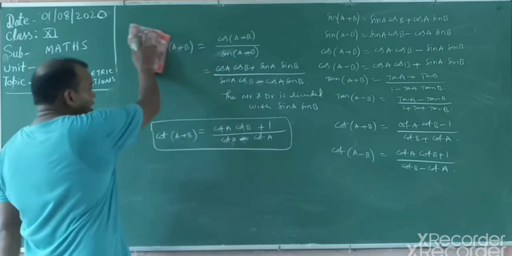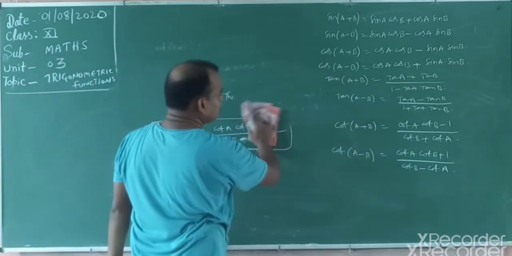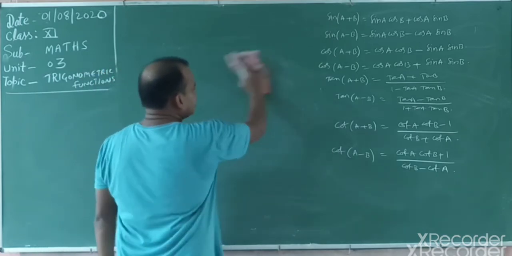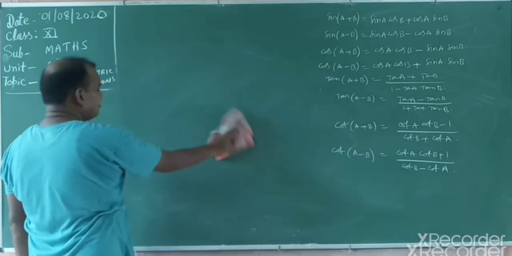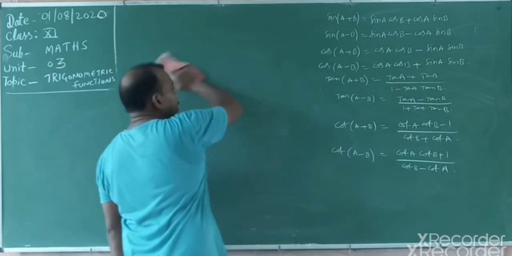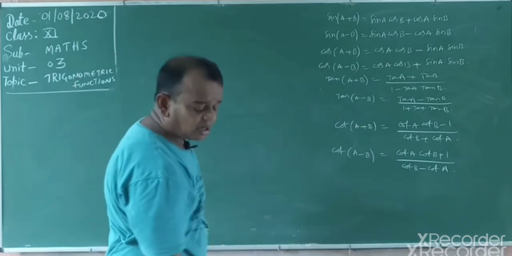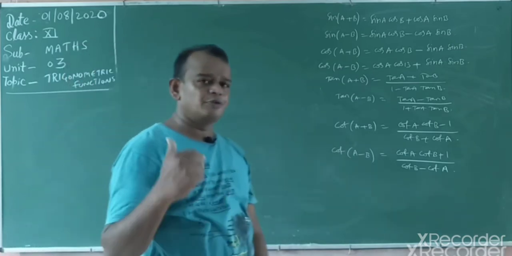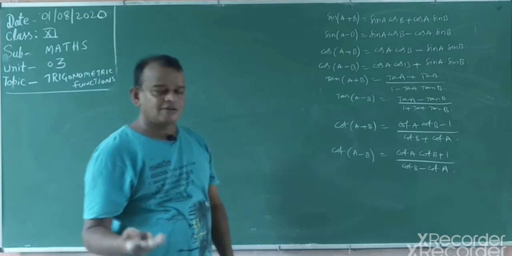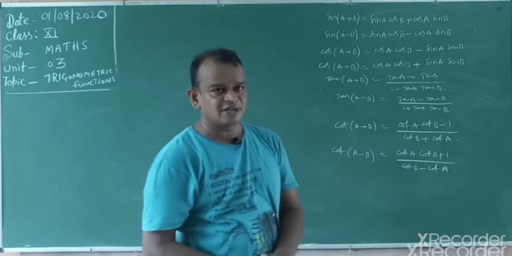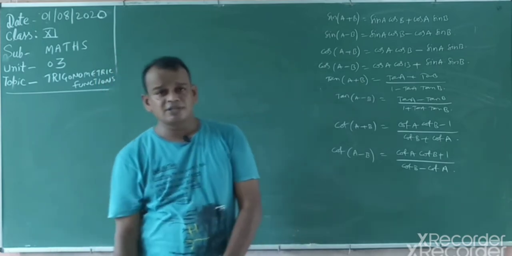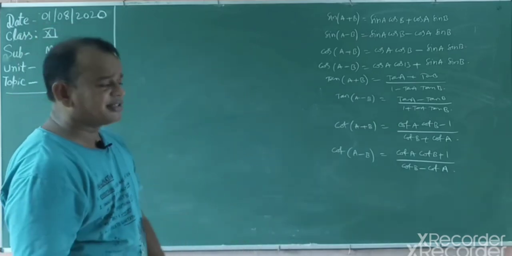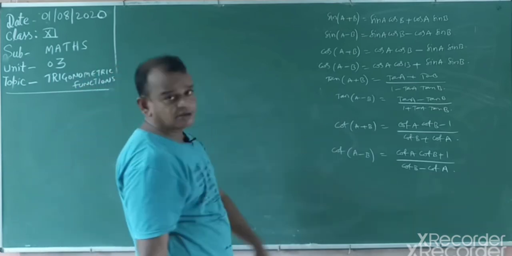Yes or no? Tan of A plus B formula you know very well. Tan of A plus B is equal to tan A plus tan B by 1 minus tan A tan B. Tan of A minus B formula you know. Cot of A plus B formula you know very well. Now some logical thinking is going on. This is important from the point of view of class 11 examination, JEE Mains examination, and other competitive exam purposes, any teacher job purpose, or PGT, NVS or KVS exam purpose. Now some logical questions are going on.